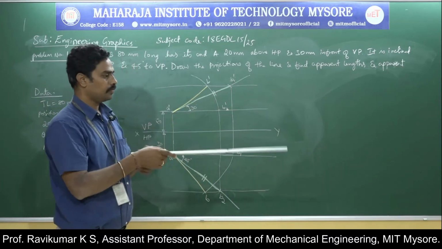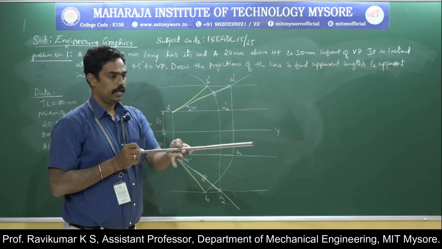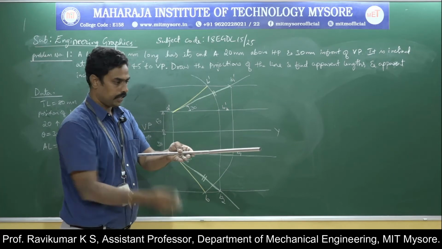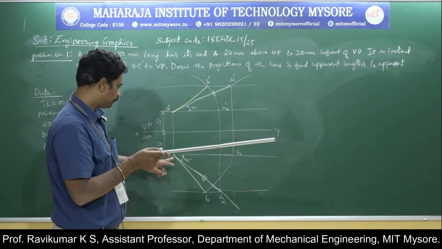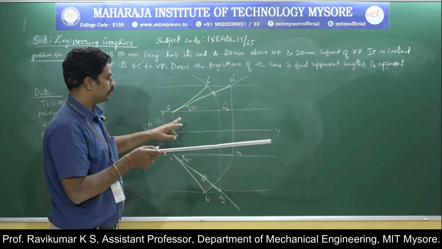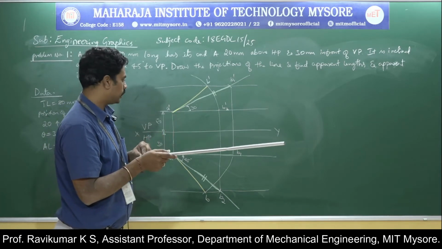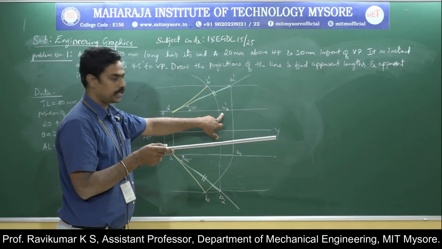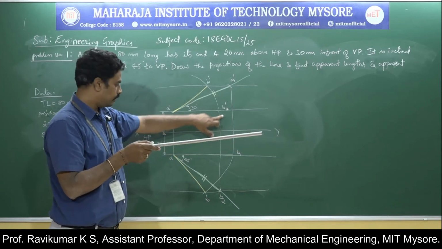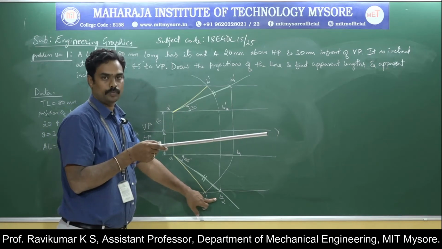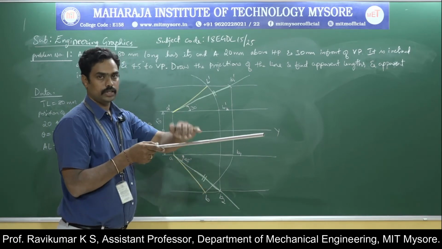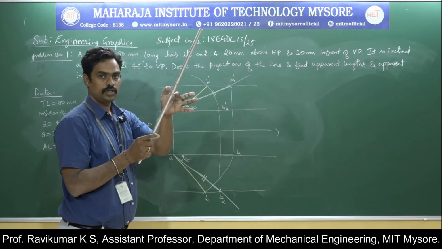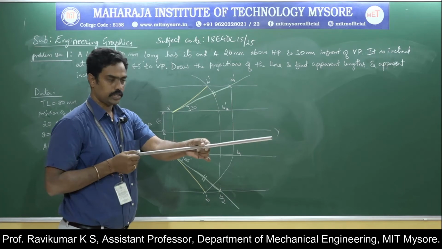Similarly, the front view, parallel to both planes: this is inclined to VP and parallel to HP, this one. Parallel to HP means A dash B2 dash is the front view of this line, then A B2 is the top view. Now if you want to measure the inclined position, you just have to give the inclination with respect to this A.